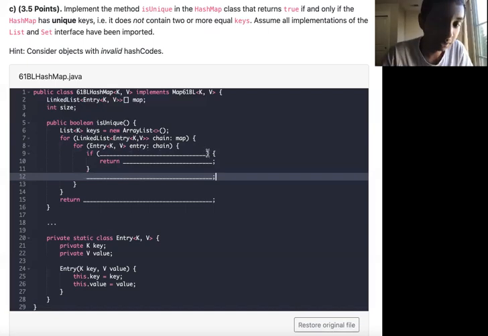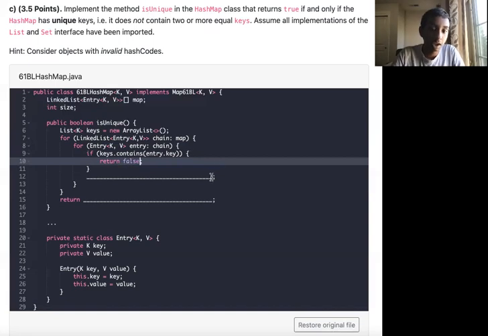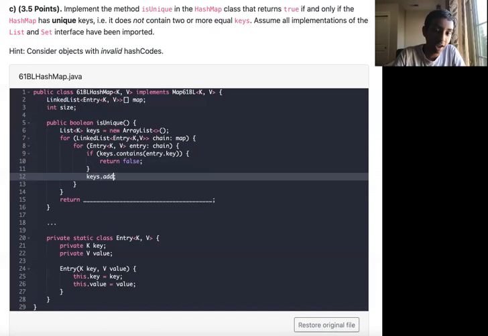So what happens is this: if keys dot contains entry dot key, this is a way to check whether the current entry key we're working with has already been seen in the hash map. And if it does contain it, then we return false. In the case that it doesn't contain the entry dot key, we simply add it to keys, which is simply this: keys dot add